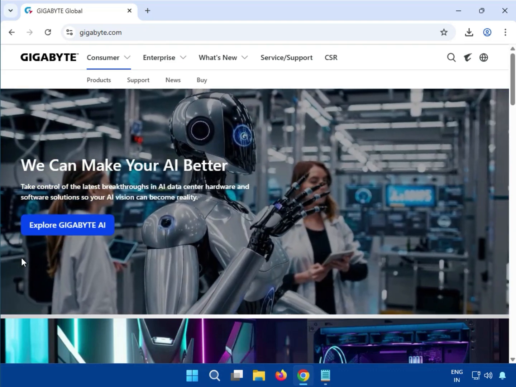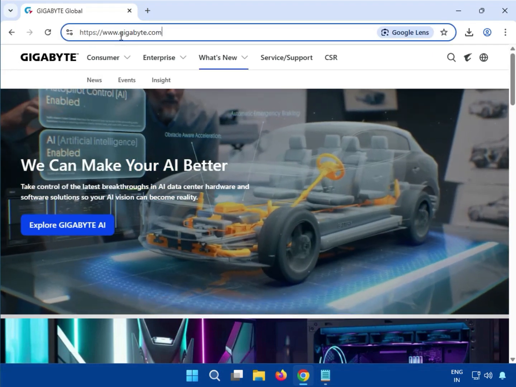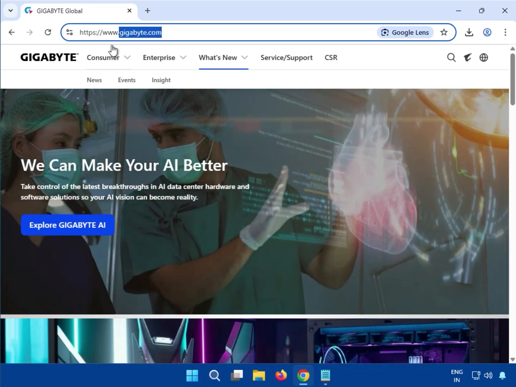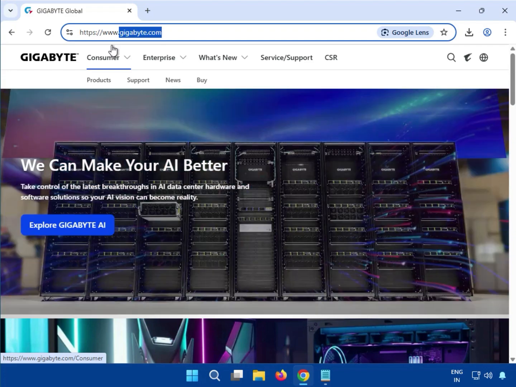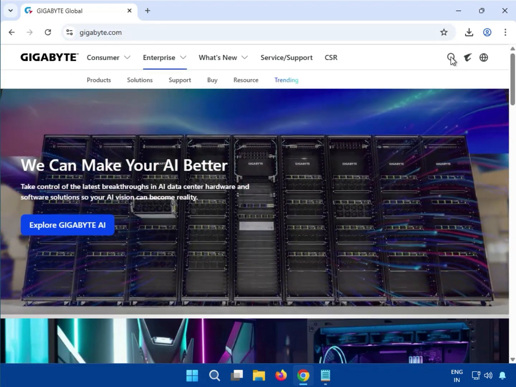First we will come to this website. This is gigabyte.com. This is an official website where you can download drivers and anything related to Gigabyte. Okay, so you can see here, click to search